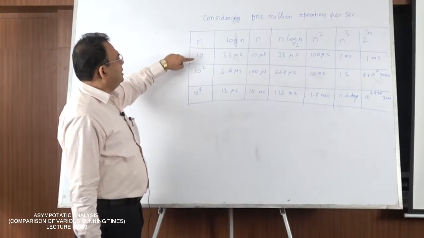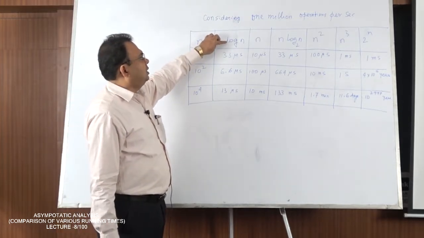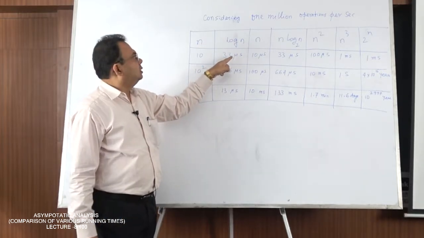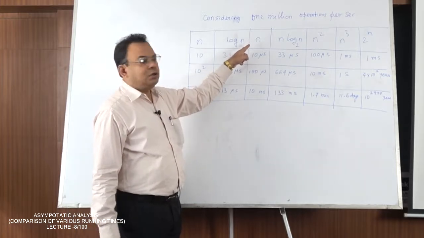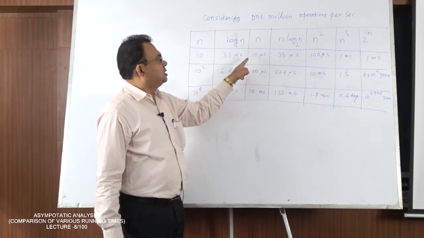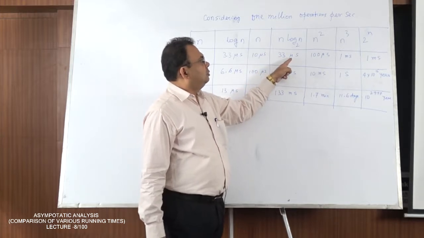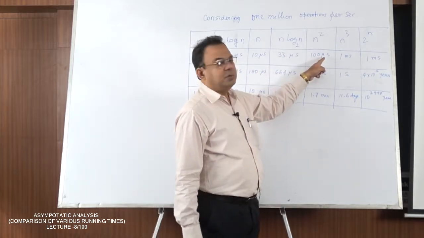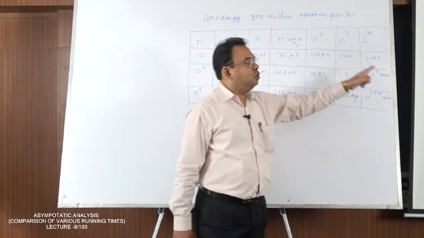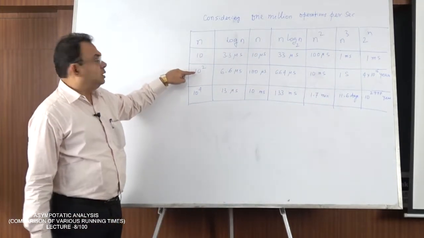Now for smaller values of n, if n is 10, then if the algorithm has running time of theta log n, it will take 3.3 microseconds. For linear time algorithms, it will take 10 microseconds. There is not much difference. For n log n base 2 algorithms, it will take 33 microseconds. N square takes 100 microseconds. N cube is 1 millisecond, and 2 to the power n is also 1 millisecond. So the difference is not much,